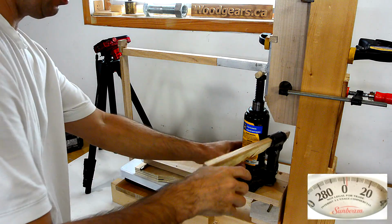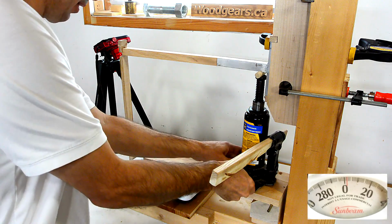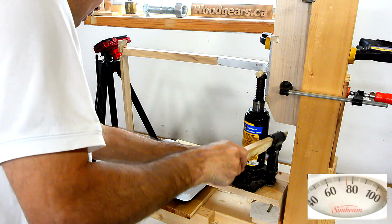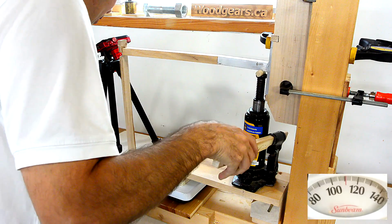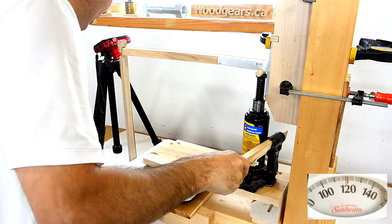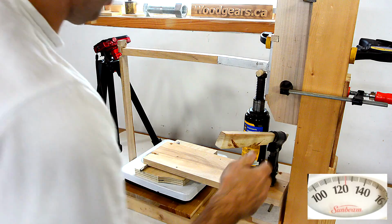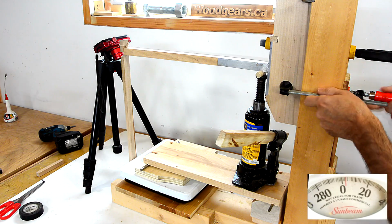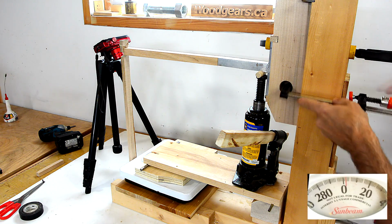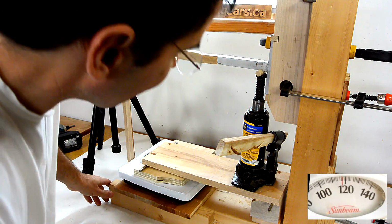Oh yeah, so this clamp was starting to let off a little bit. So let's try that again. I may not need to reposition the jack. And let's crank that straight up to 100. 110, 120, and it's not touching here. Oh, this is letting up a bit. Okay, I need a bigger clamp. 120,